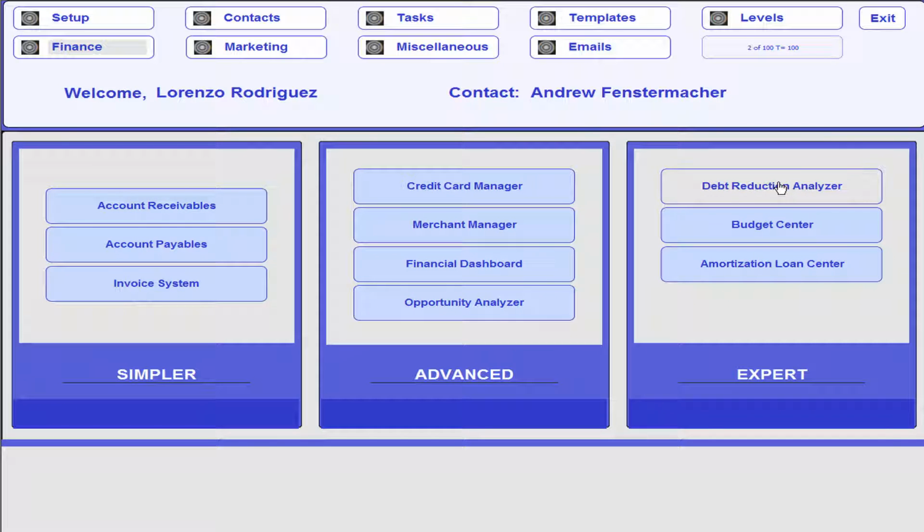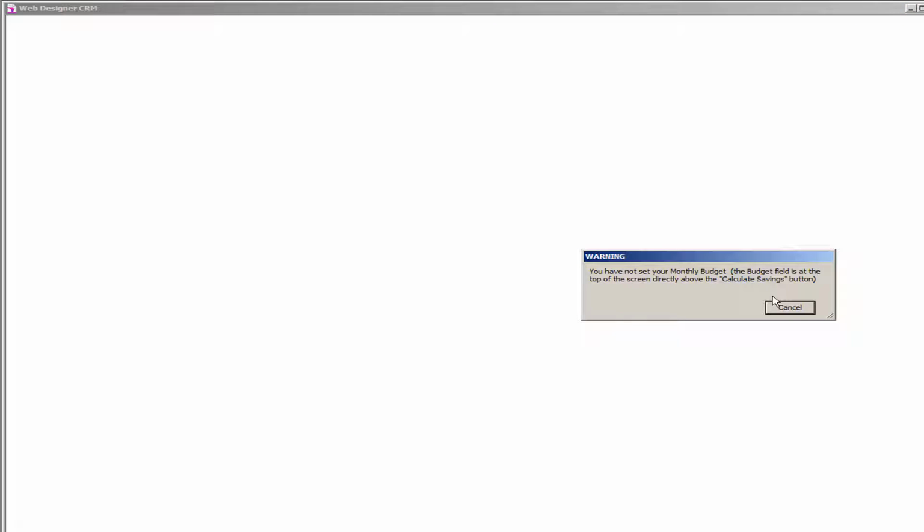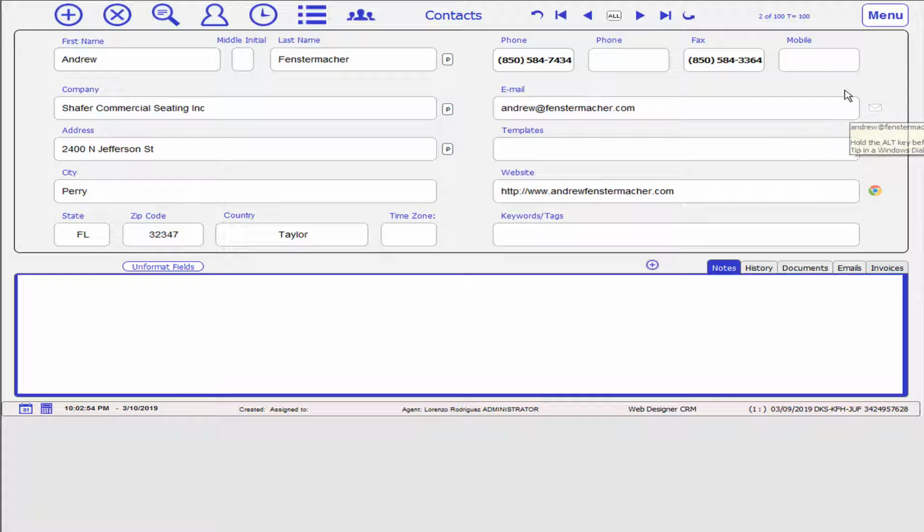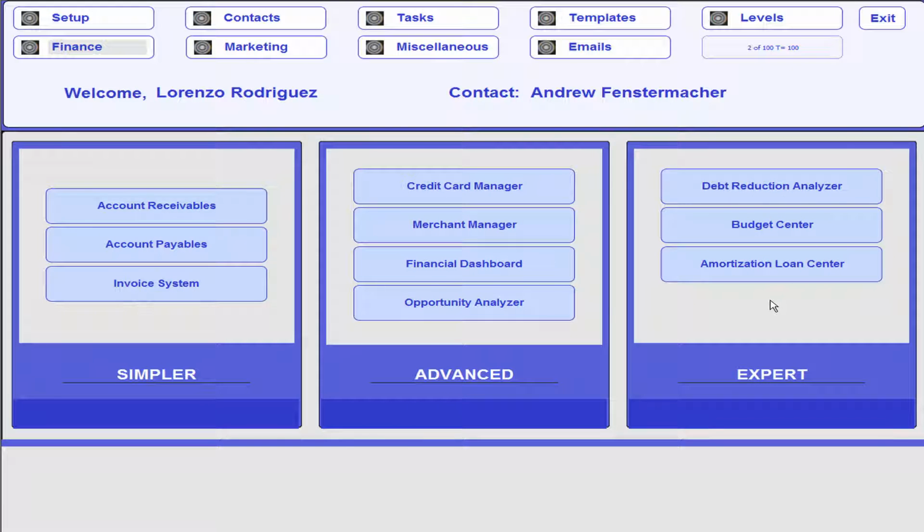And the debt reduction analyzer is an extremely powerful area to control your debts. Potentially you can do it for others too if you want, but this is to control all your debts and to pay them faster. It's a very powerful area, a little bit on the scary side because it really has a lot of functionality, so many things. Before going to the miscellaneous, I would like to go for a second into the advanced view